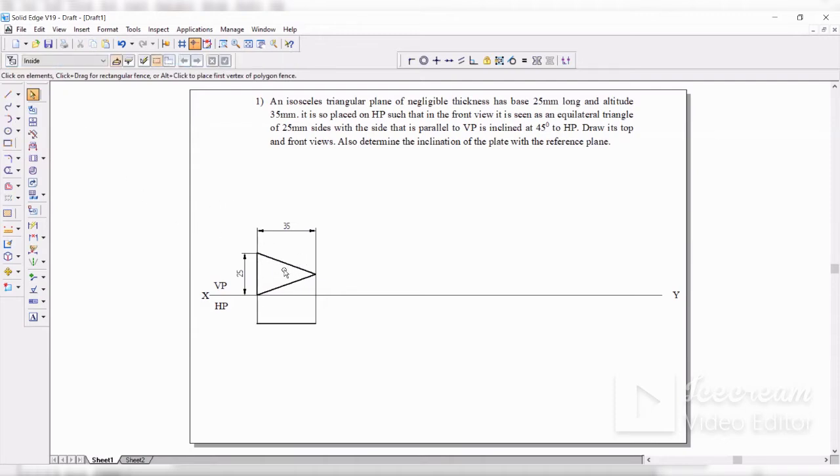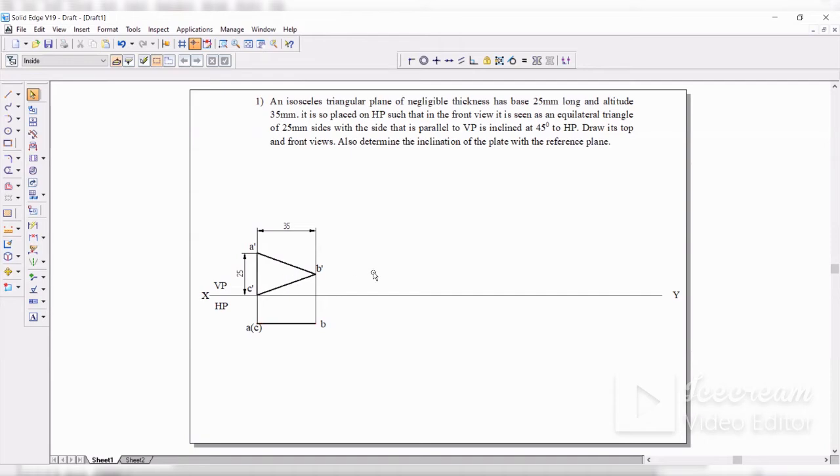So this triangle is the front view, and this line that you see from the top is called the top view. Now let me name it first. Since it is the front view, it is A dash, this is B dash, this is C dash. Similarly, below, this becomes B, and since A is visible from the top, this becomes A of C. Right, so this part is over now. The front view and top view of the first question is over.